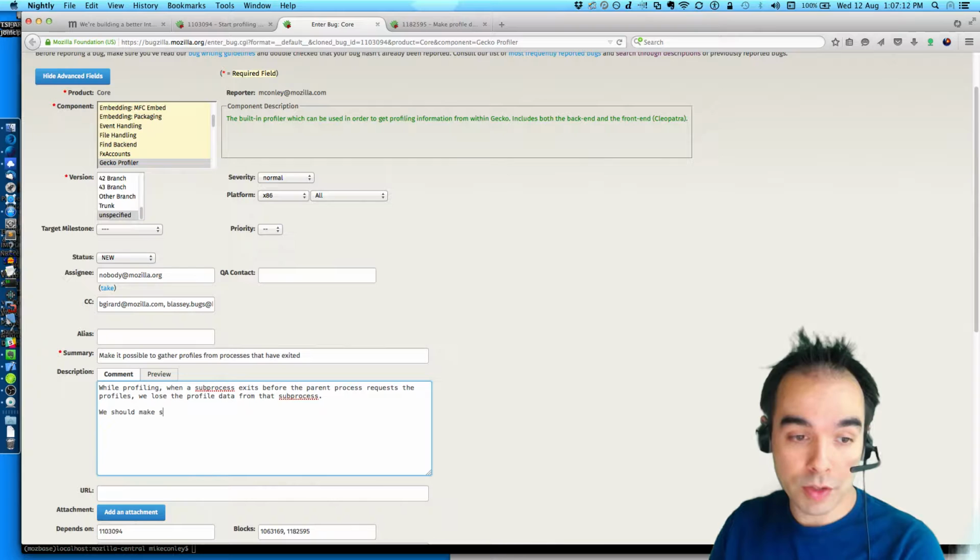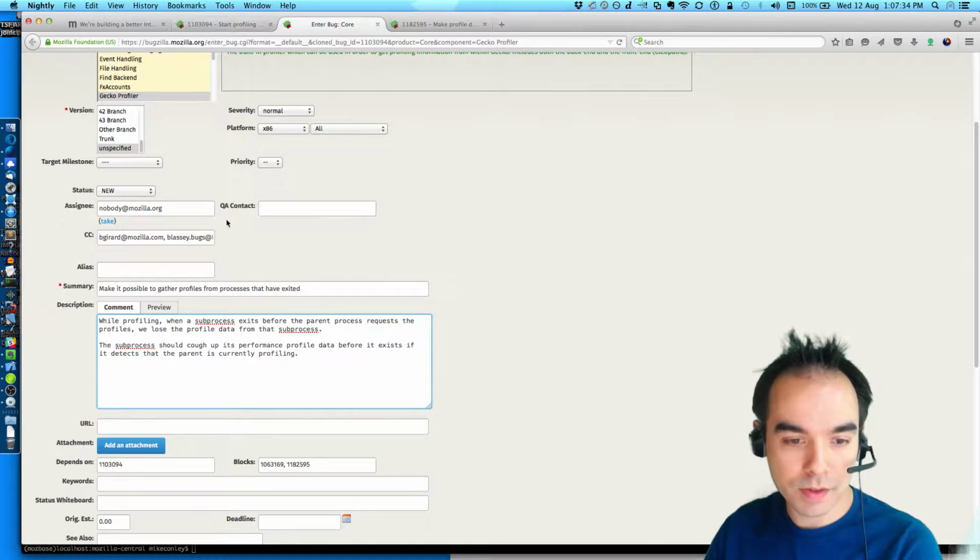We should make sure we can continue. The subprocess should cough up its performance profile data before it exits if it detects that the parent is currently profiling.